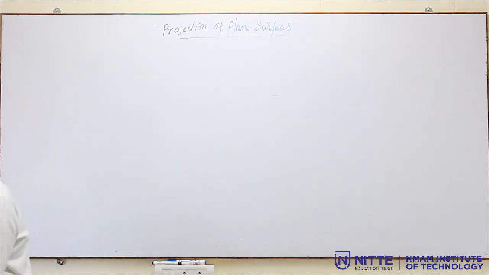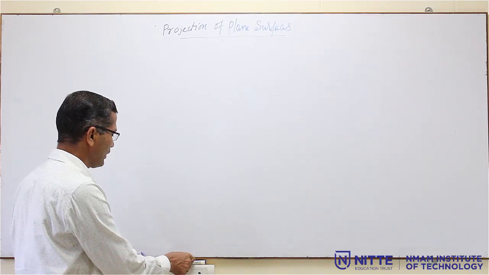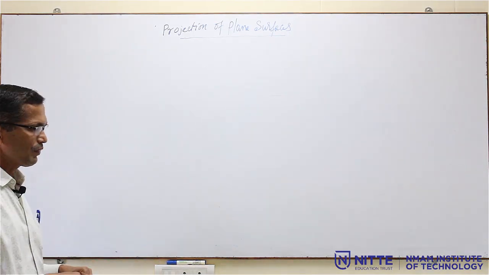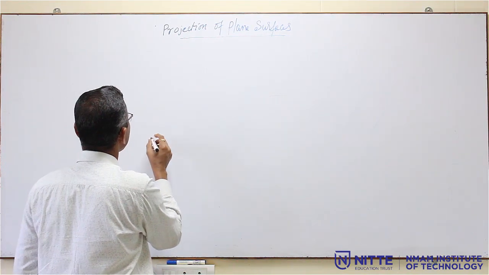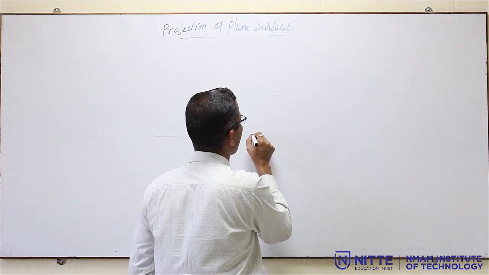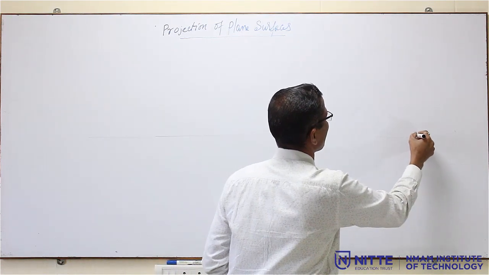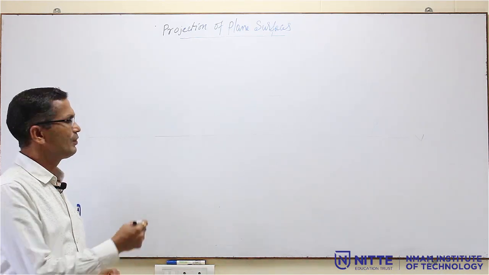So, it is not very complicated, it is a simple one, but you have to remember, whenever the lamina is touching both the reference planes, then it is not necessary to give both the surface inclinations. The 30 and 60 given in the problem are both surface inclinations only. So, that is why do not give the two surface inclinations at a time.